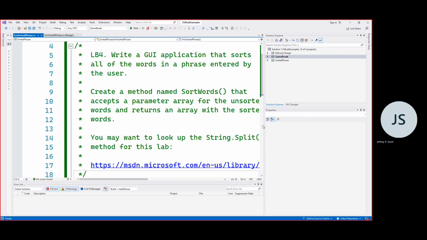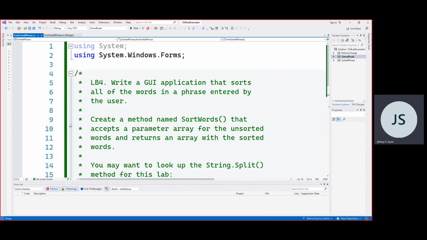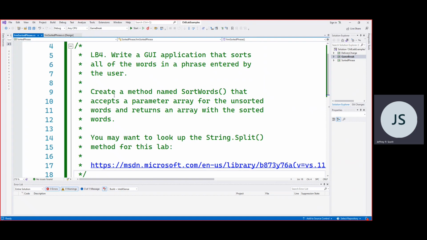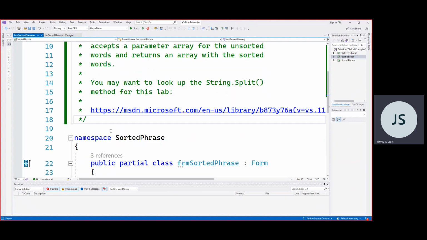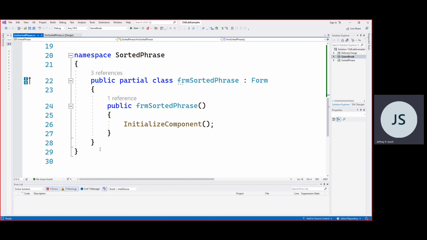And that probably will be the hardest one because I don't remember how to do this, but we'll look it up. So write a GUI app that sorts all of the words in a phrase entered by the user. Create a method named sort words that accepts a parameter array for the unsorted words and returns an array with the sorted words. You may want to look up string split for this. Okay, but before we do that, let's first think about,